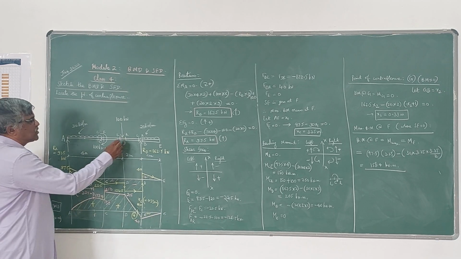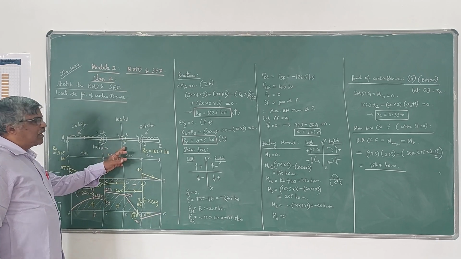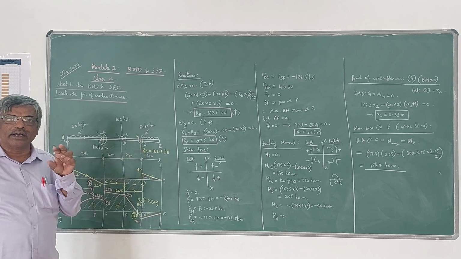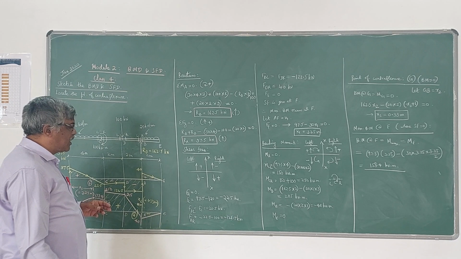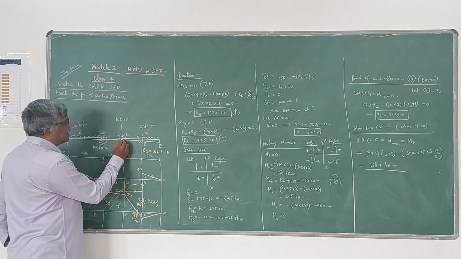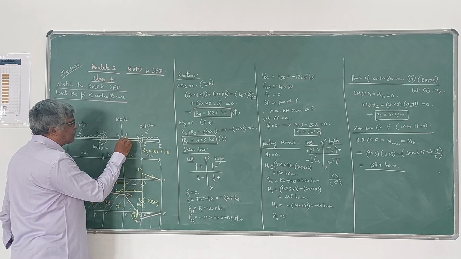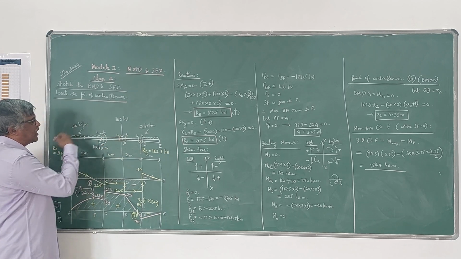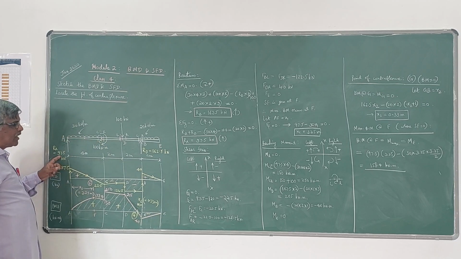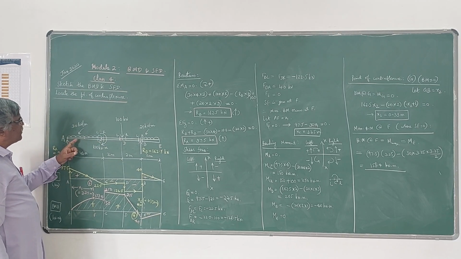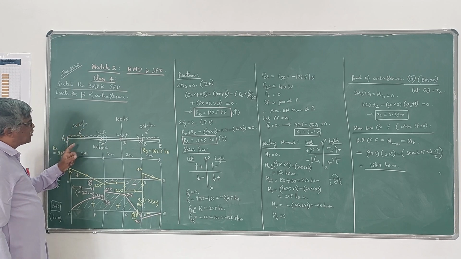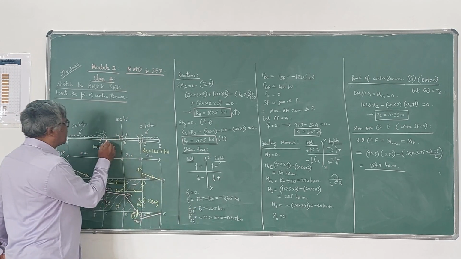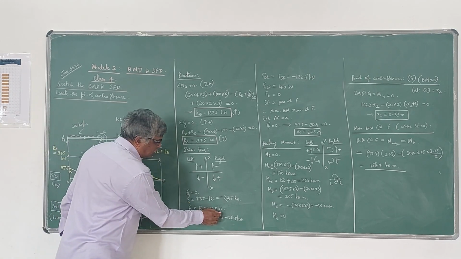Next, I have told earlier that whenever a point load acts or a reaction develops, at that point we have two values of shear force. Now here I will take D, left of D and right of D. If I take left of D, see to the left side of that, 97.5 is there, minus 30 into 4. That's all there is. That means FDL is the same as FC, which is minus 22.5 kN.